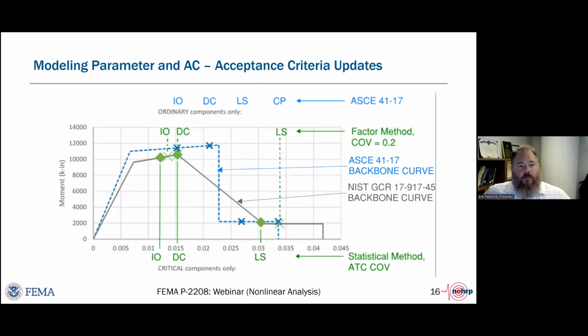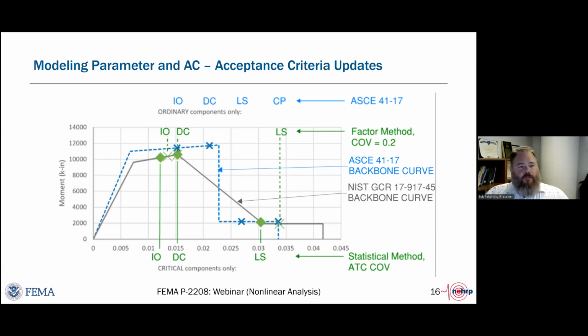So where we ended up with the recommendation for the ATC 114 project was to adopt some of their recommendations that would, in some cases, change the modeling parameters and acceptance criteria. Shown here is a backbone curve for a structural steel pre-Northridge moment frame beam column connection. And as you can see, the loading protocol is reduced a little bit in the major deformation controlled arena, but has longer residual strength, and then has potentially new acceptance criteria also.